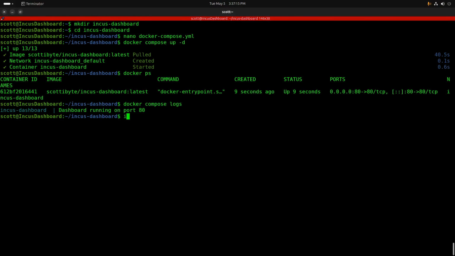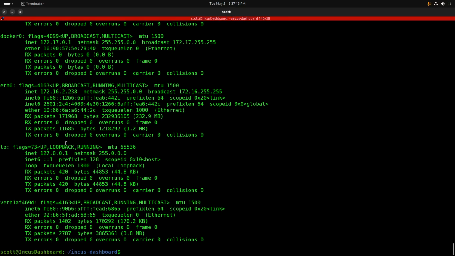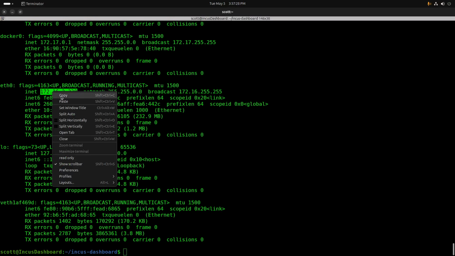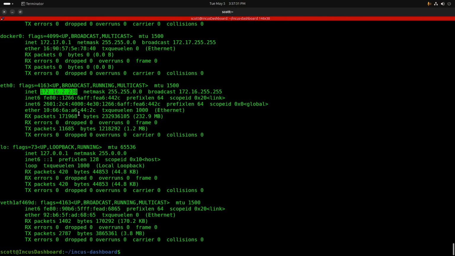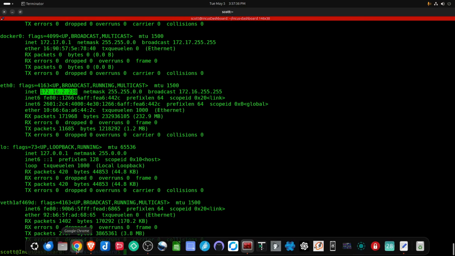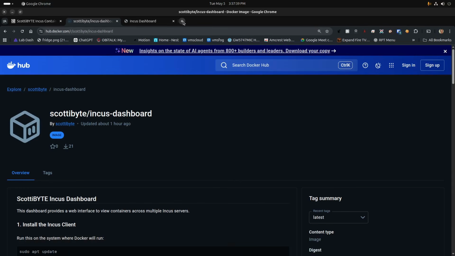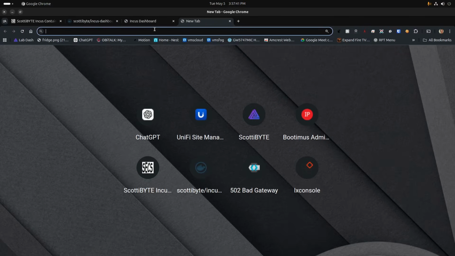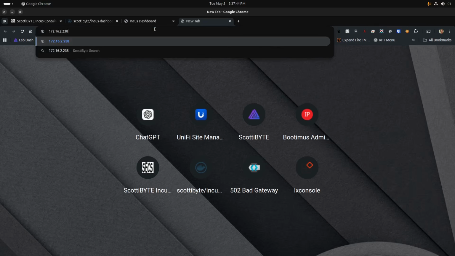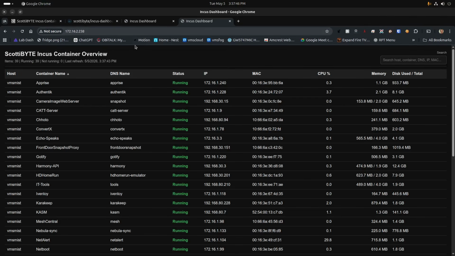So now I go ahead and do an ifconfig command, and if I look here at ETH0, it says that the ETH0 device is 172.16.2.238. And that's the address of the Incus container, and it's also the address of where the Docker application is running. So let's go ahead and bring up a new tab in our web browser, paste that address in, and hit enter. And there the application is up and running, and you can see all of the containers on VMS